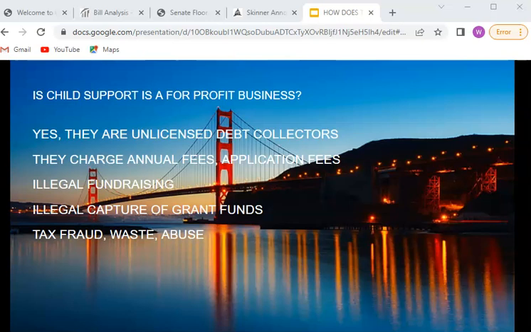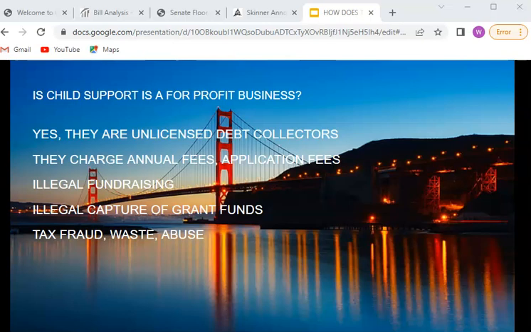Is child support a for-profit business? It is. They're not going to tell you that. They're going to say that it's for the kids. And this is from a quote from Hitler's book Mein Kampf, that if you get everyone to believe that everything is in the best interest of kids, they will just go on marry. Because children, sons, daughters, they bring a sense of joy. So this is what the Child Support Agency in the state of California and all the other unionized states under the United States Corporation are doing. So it's not just local to California, but this is what we're speaking on.